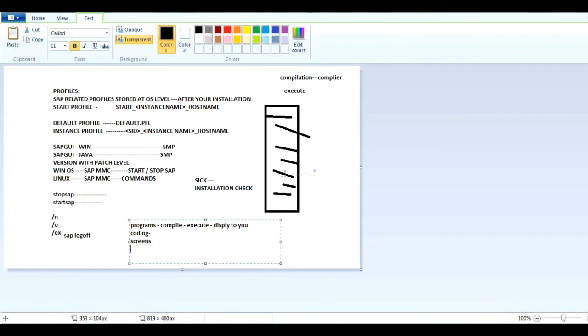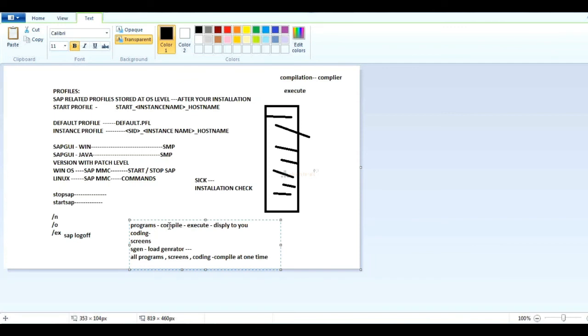So to avoid compilation every time, we need to run SGen. SGen is a load generator. Whenever you run SGen, all programs, all screens, all the coding that came from the installation will be compiled at one time.